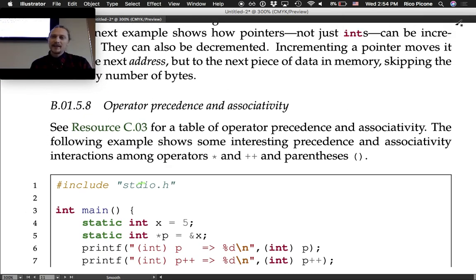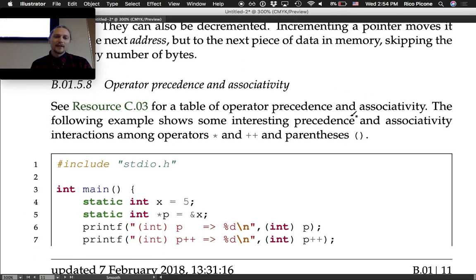Operator precedence and associativity. So take a look at resource C3. There's a table of operator precedence and associativity, and it also has a description of what that means exactly. But precedence and associativity, focusing on precedence here,